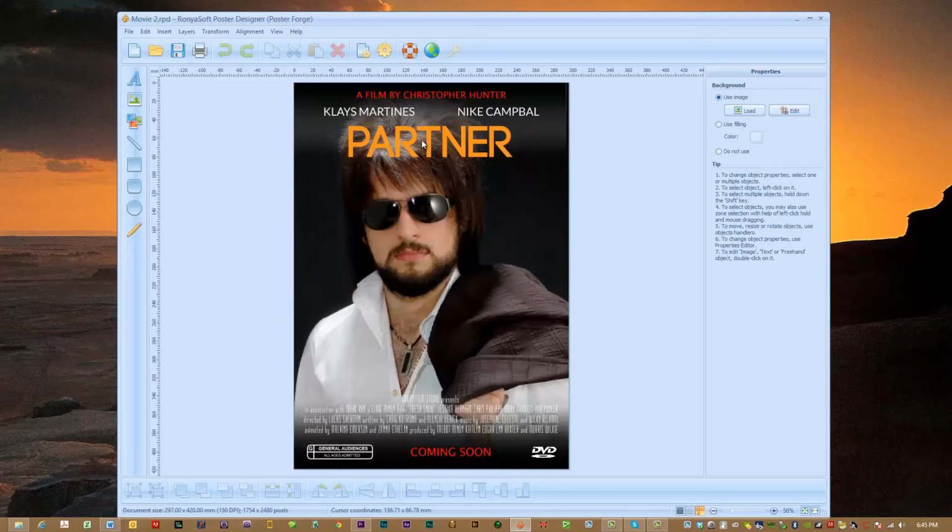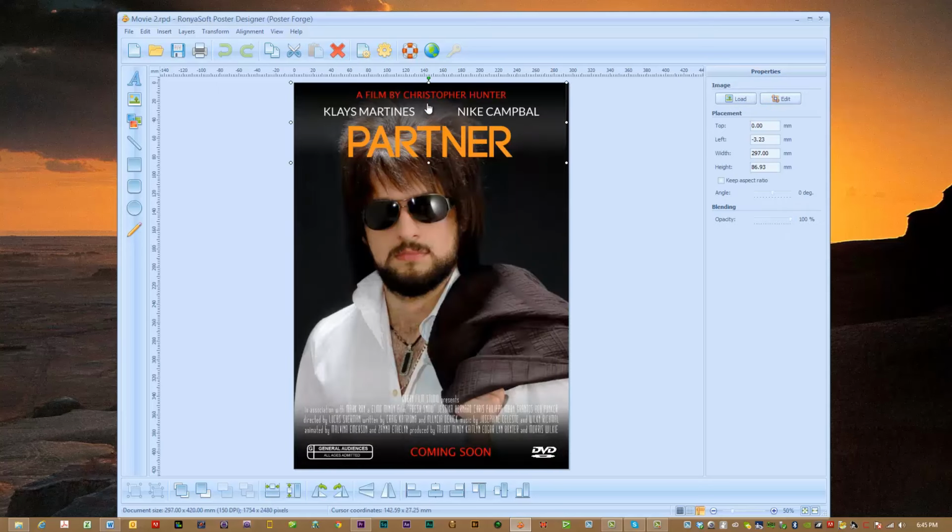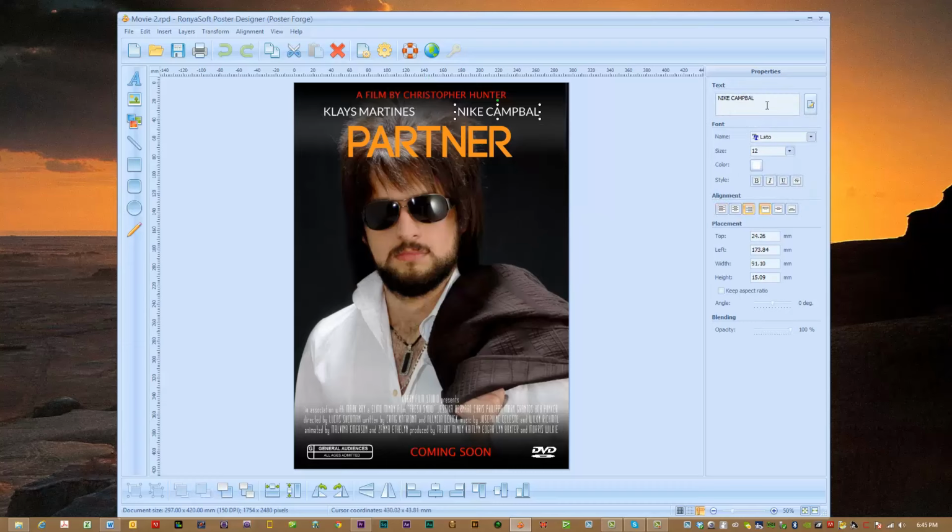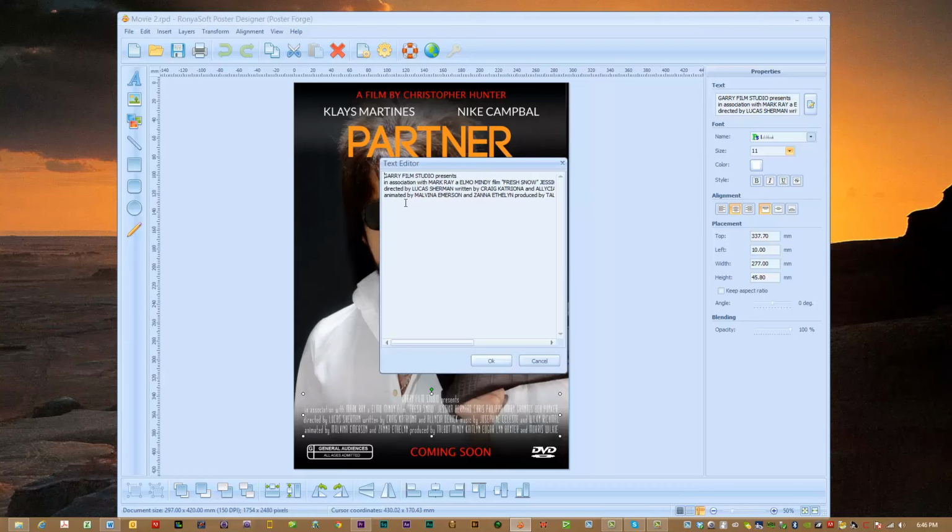You bring this up, and it allows you to go in and change all of these parameters, including the fonts and the sizes and the way you want it. But what's cool is that they give you this type of text down here like a movie poster. If I wanted to modify the credits at the bottom, I just pop this open. It's kind of hard to work with. It doesn't necessarily act like Microsoft Word, but you can wade your way through it